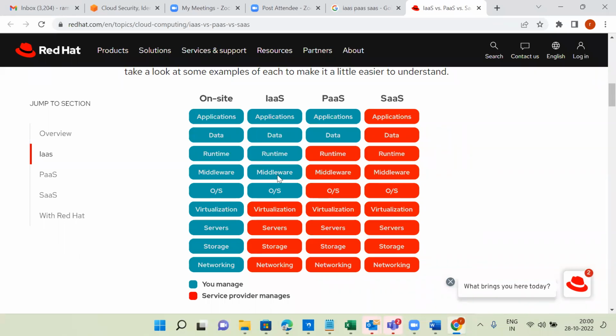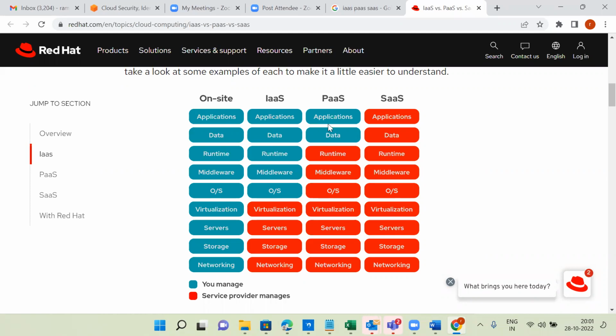Most of the organizations nowadays are using IaaS only. Why? Because I cannot trust the cloud service provider. I cannot trust Amazon. I cannot trust Microsoft. Why? They are providing the OS. I can install my own OS, that may be Microsoft or maybe Red Hat Linux. I can build my own image related to the server. Most of the people will go to IaaS.